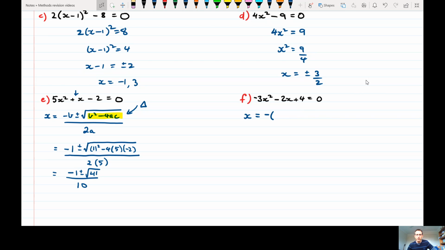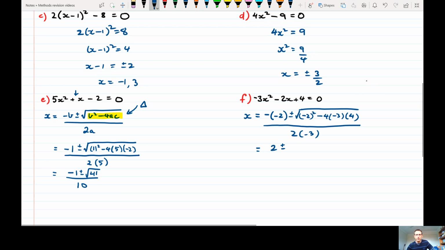Right, so we get negative of -2 plus and minus the square root of -2 squared minus 4 times a, which is -3, times c, sorry, of 4. That is all over 2 times -3. Now, negative of -2 is +2, plus and minus. You get over here, this little section down the end,